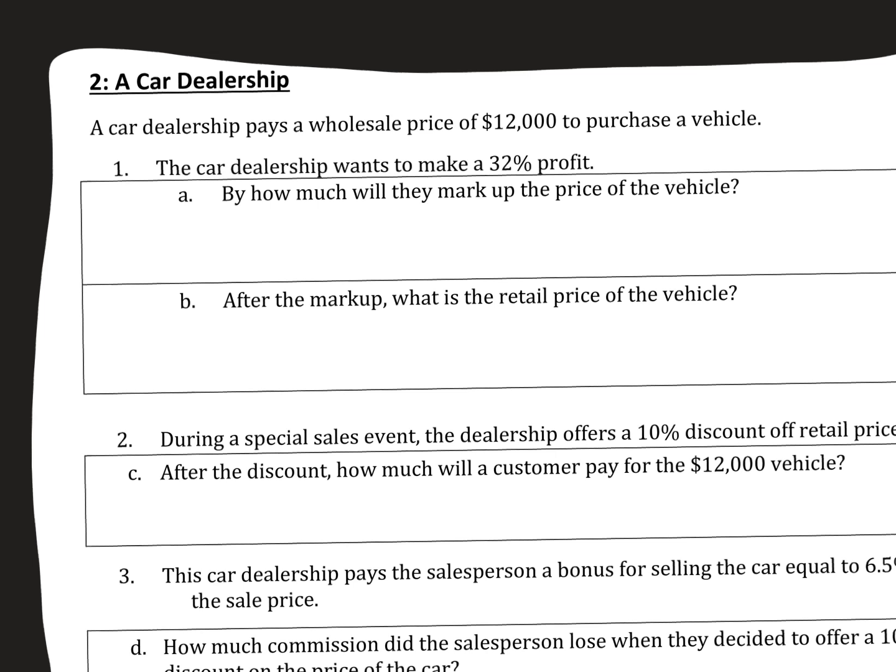Remember, we've talked about wholesale and retail price. Wholesale price is what they purchase the vehicle at. And in this case, they're telling us that the wholesale price for a particular vehicle is $12,000. It says that's what they purchase it for. And they want to make a 32% profit. So by how much will they mark up the price of the vehicle? How much are they going to mark it up? In other words,